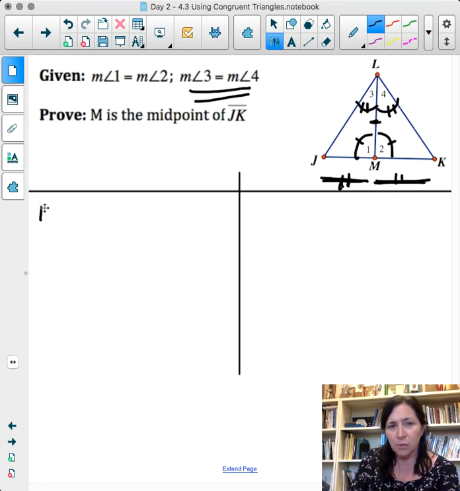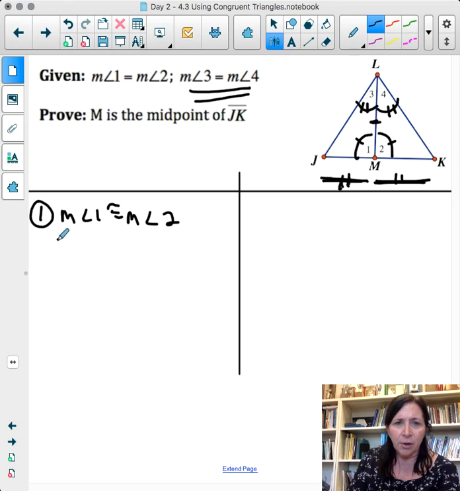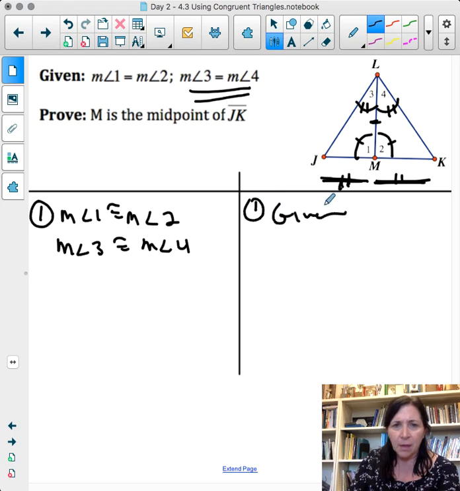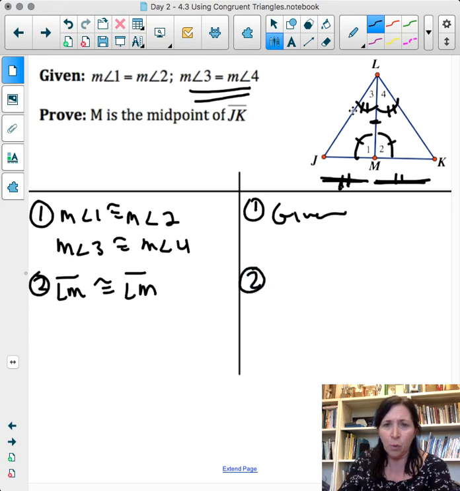So let's say what we're trying to say. The measure of angle 1 is congruent to the measure of angle 2. We know that the measure of angle 3 is congruent to the measure of angle 4. And that's given. You know that line segment LM is congruent to line segment LM because that one side is in both triangles. So that's reflexive